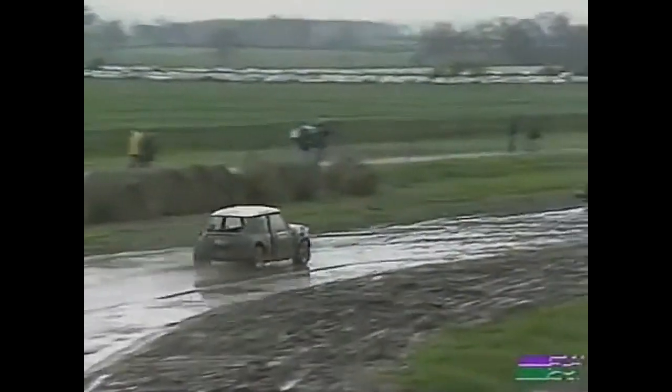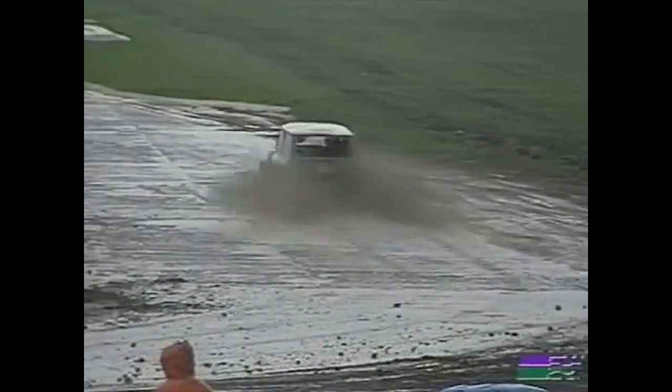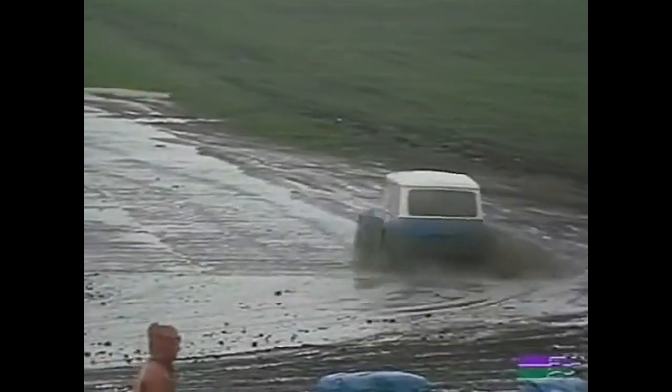Now, I wonder what the problem could be, Steve, because Reader is going very slow. Do you think it's visibility? It looks like it from here. Yes, it could be. You can see his door open there. I wonder if he's just trying to lean out and see if he can see round the door rather than through the screen. And there is Andrew Johnson, and in fact I think that Johnson has enough time in which